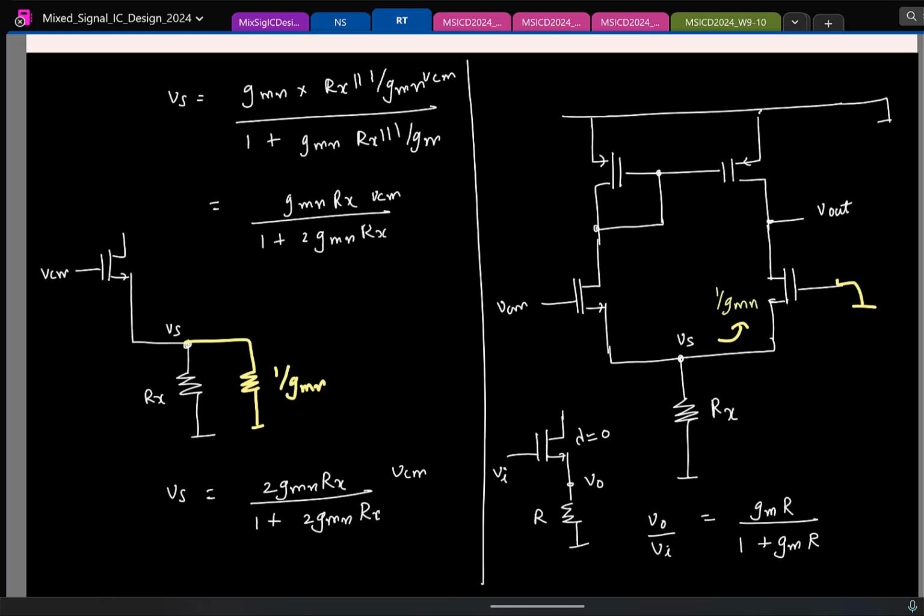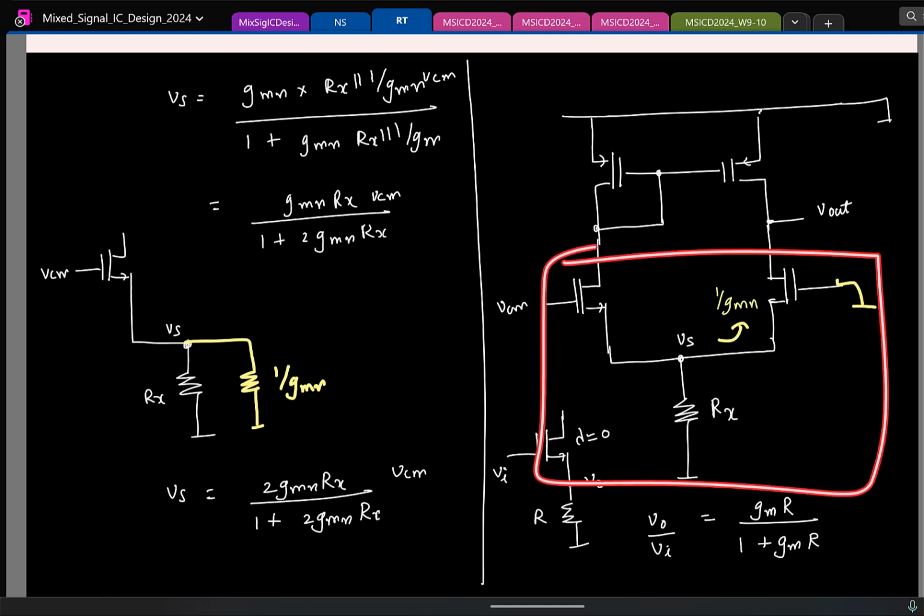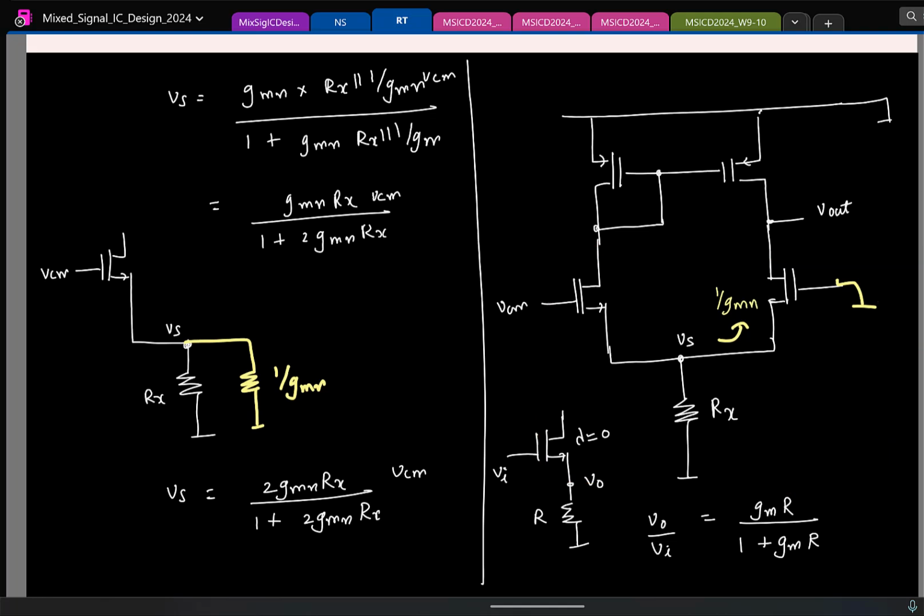Let me copy this. Here we can also consider Rx like 2Rx in parallel with 2Rx. Can we use symmetry to solve it? No, it is not completely symmetrical because of this connection. But in this case, you can treat this part separately. That's also fine. What he's suggesting is, since we are ignoring the lambda for the NMOS,